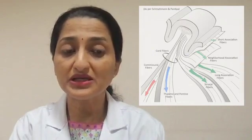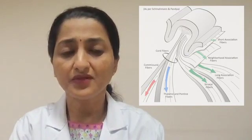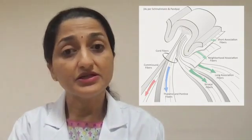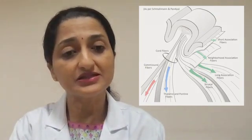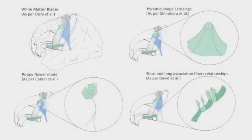This is the general pattern in which these pathways are distributed, based mostly on the seminal works on non-human primates. Various types of fibers connect adjacent and distant gyri, including association, striatal and callosal fibers. Fiber dissection and radiological methods like magnetic resonance-based diffusion imaging have also been used to study these connections and their three-dimensional arrangement. The literature review highlights that the white matter organization in the gyri is not uniform and varies across